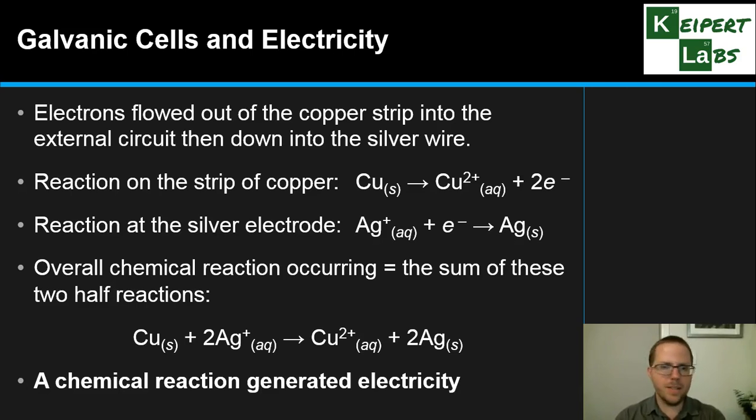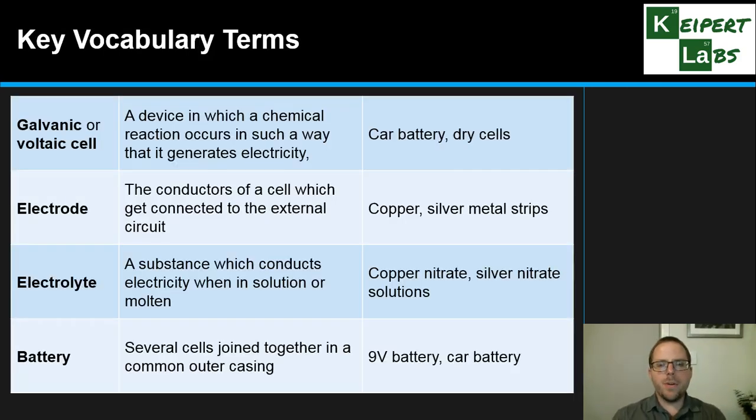Okay, there's no moving parts otherwise, but purely chemical change allowed electricity to form. So this is the basis of the original batteries from Galvani and Volta in the 1800s. Some of the vocab terms that we need to be familiar with: a galvanic or voltaic cell, or their